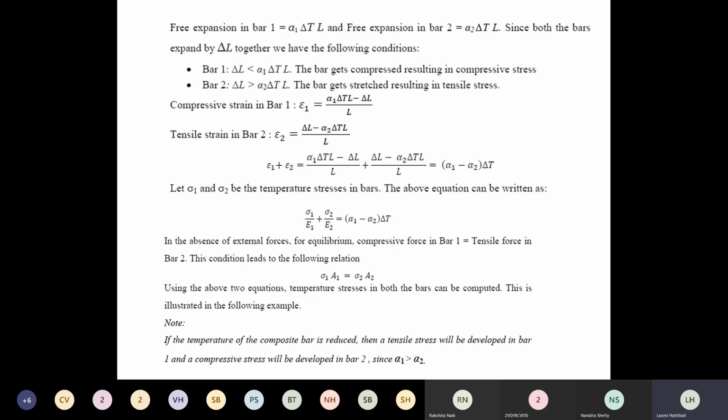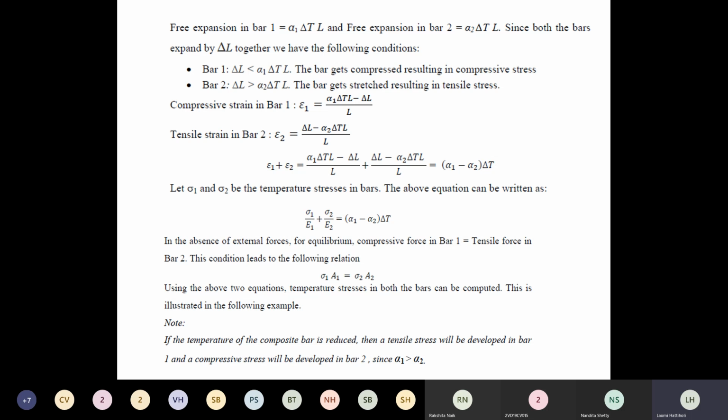Now suppose in a few numerical examples alpha 2 is greater than alpha 1, then what will you do? You should simply write it as alpha 2 minus alpha 1. That's all. Nothing is going to change. Of course, the representation of the diagram may change, but formula-wise it is just alpha 2 minus alpha 1. That's how it's going to change.